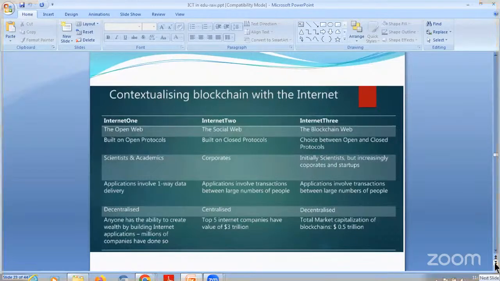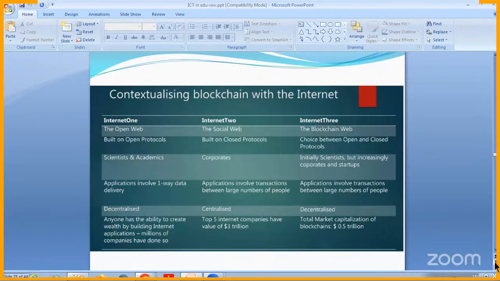Now, let's see how exactly the world is moving ahead and how the blockchain technology sits in between. We know we are in the second generation and moving into the third generation of the web. What we were used to calling Web 1.0, Web 2.0, and now Web 3.0. Now, let's see what were the different parameters wherein these webs are being defined. Let's say the 1.0.